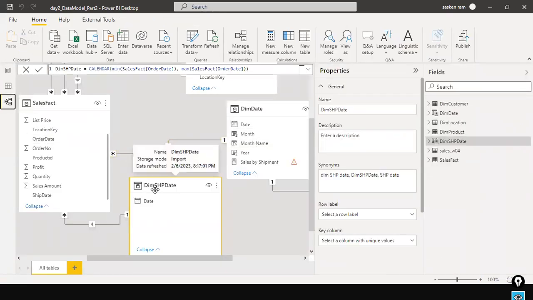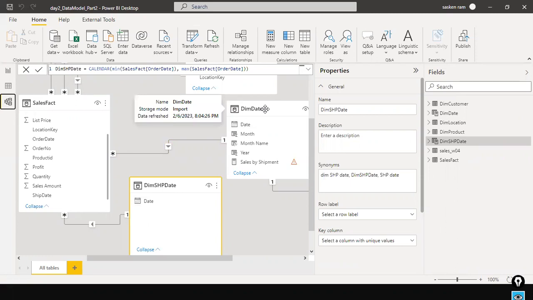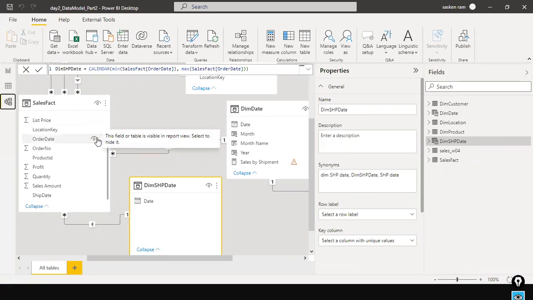This is a new table. This is a copy of this table. Okay. So this table is a copy of this one, right? But with this table, we are going to filter this table to get the sales amount by order date. With the same table, which is a copy of this one, we are going to use this table to filter this table to get the sales amount by ship date. Since the same dimension plays